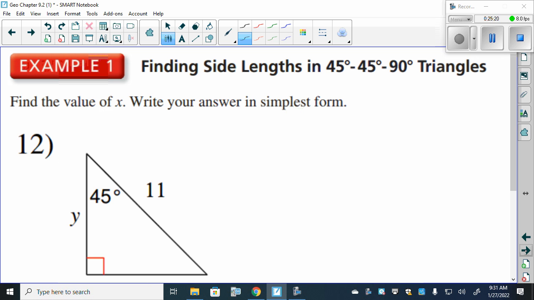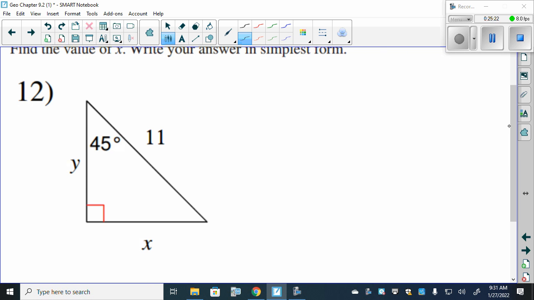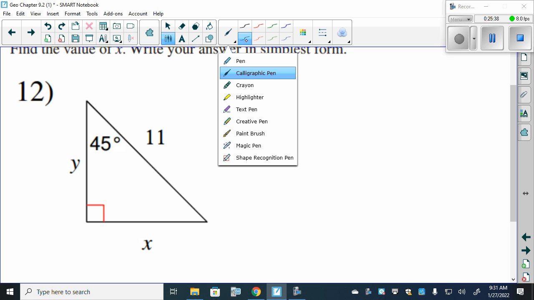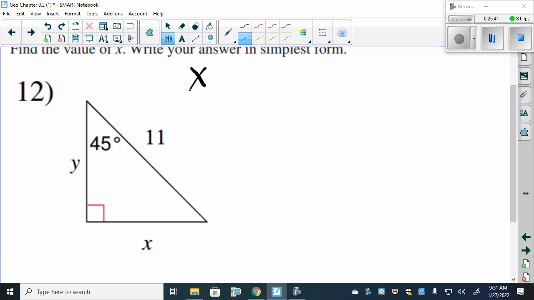I'll fix that here in a minute. I've got it flipped one way on the note sheets and flipped the other here. Oh well. So looking at this here, we still need to find the values of